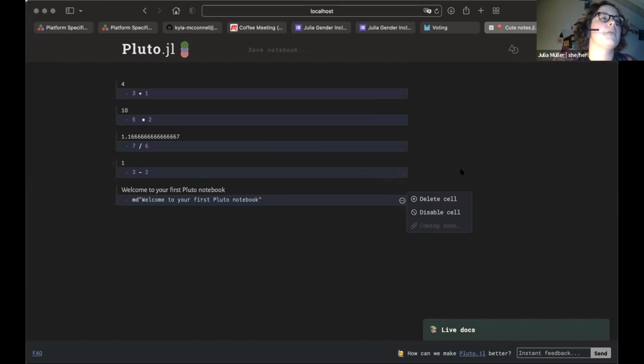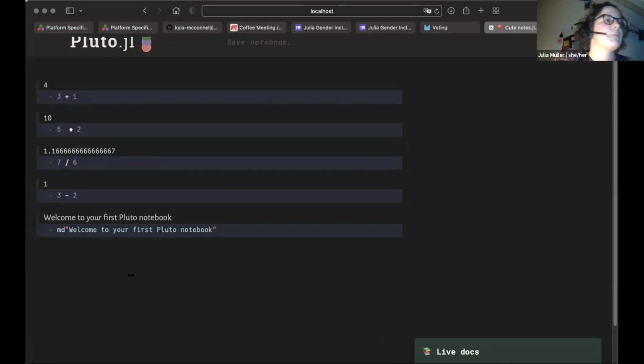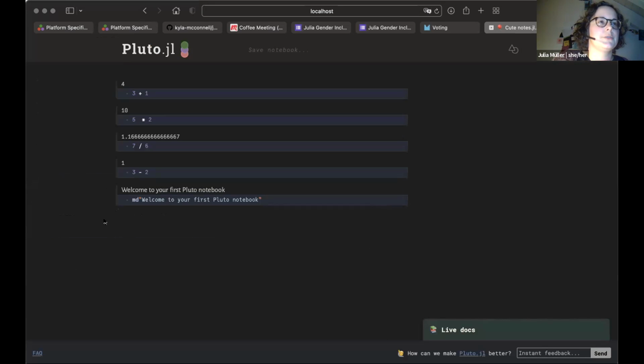So obviously, we don't really want to see this MD thing. So this is Markdown. This is similar to how it works in R Markdown, for example. I'll show you a couple of little tricks to use kind of italics and bold and headline formatting, so you can make a really pretty document. But of course, you don't really want to see this code, so you don't want to see this MD thing. So if you hover over it, you'll see this little I symbol. And if you click on that, the code will disappear, right? And now you just have this text output. And that just makes it look a bit nicer.